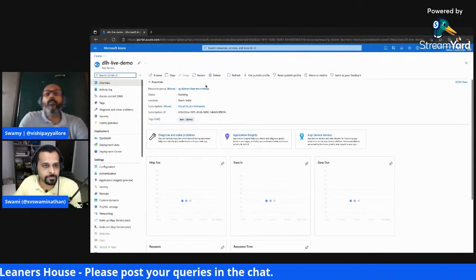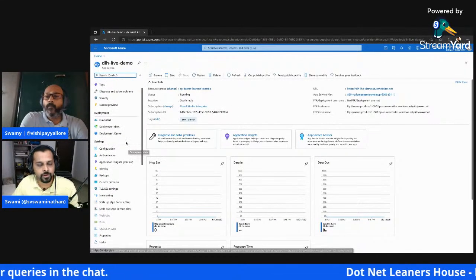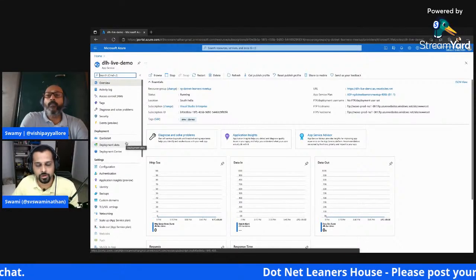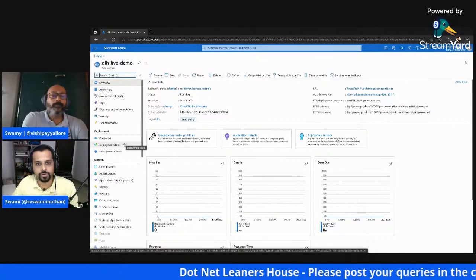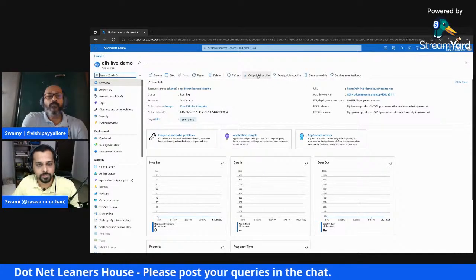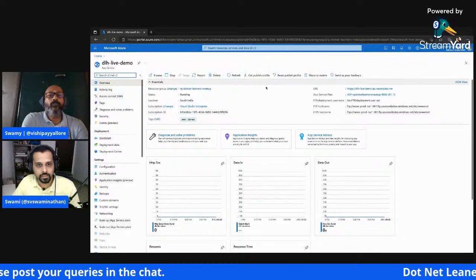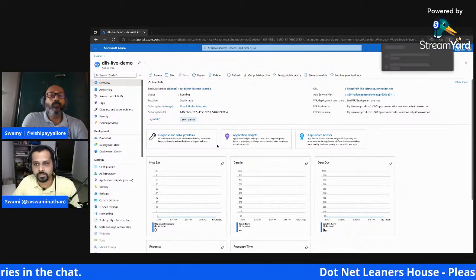Yeah, so this is our app service, right? The easiest way to get it deployed into the app service is using a publish profile, right? If you are using Visual Studio, you would already know that. You can set up a publish profile, and then from there you can deploy. The same thing is what we are going to follow now. As you can see here, there is this option called publish profile. I hope you are able to see this button, this one here, right? Here's where I'm going to download this publish profile for this Azure